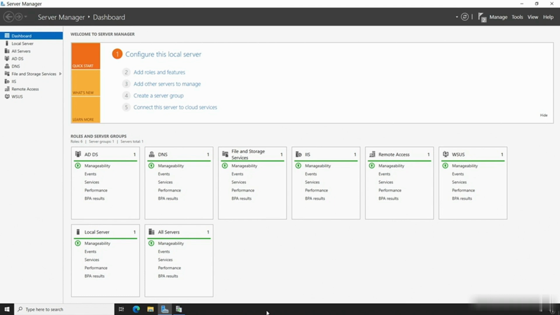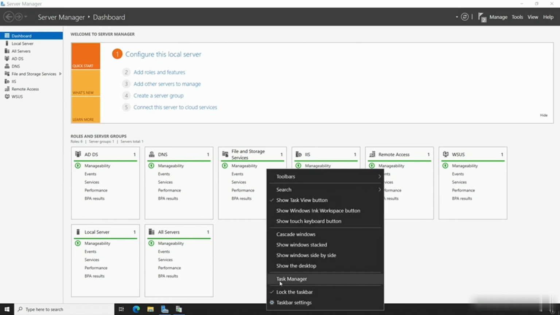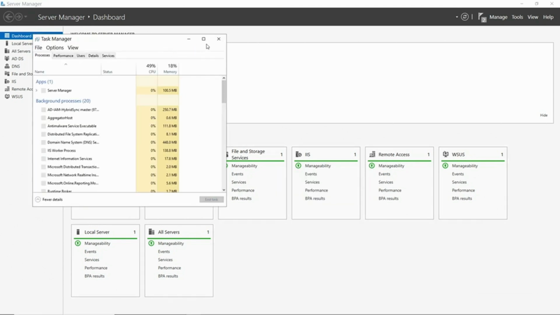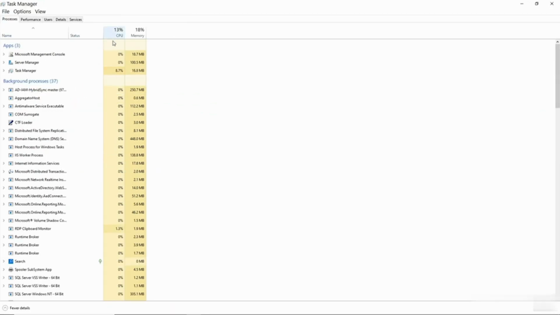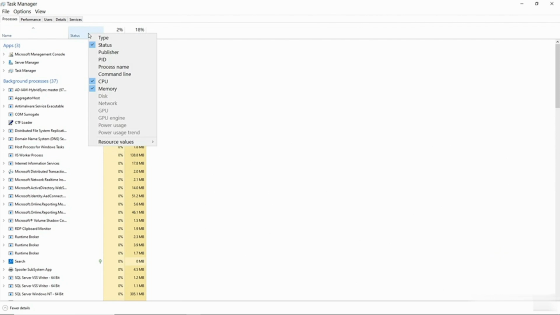And I can get there by right-clicking on the taskbar at the bottom and clicking on Task Manager. Now, many sysadmins already have a lot of experience with the Task Manager, but there may be some new things you can learn. For instance, we can right-click anywhere on the Processes area, and we can add in various different